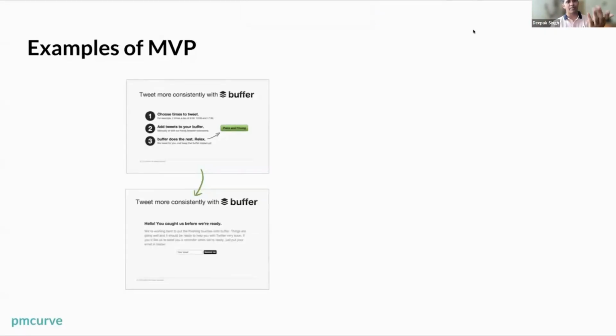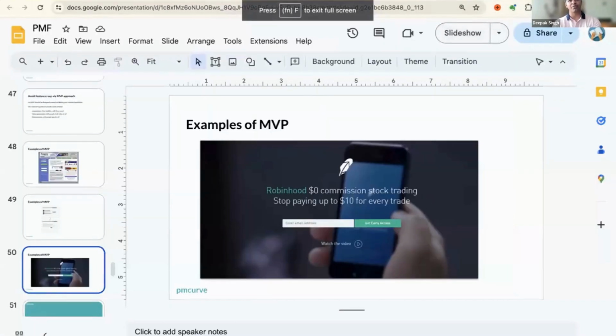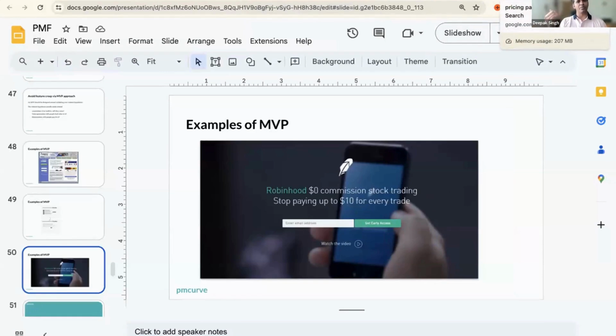And this goes back to one of the questions that one of you asked, which is, how do I vet if there is PMF before I build something? These people have done it again and again. I think Dropbox is another example, which just built a video and got 70,000 signups on that video. And then there is Robinhood, right? Which got early growth by building an MVP, $0 commission for stock trading. And you could get early access. And after this, I think what they did was they created a referral page where you can invite people. And if you invite more people, it will shorten your waitlist, right?